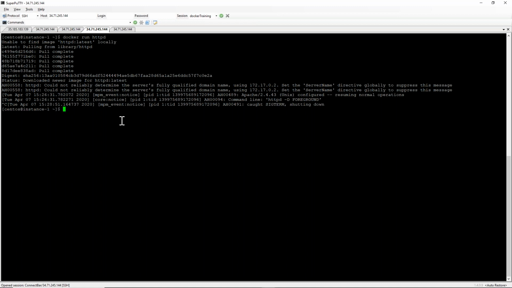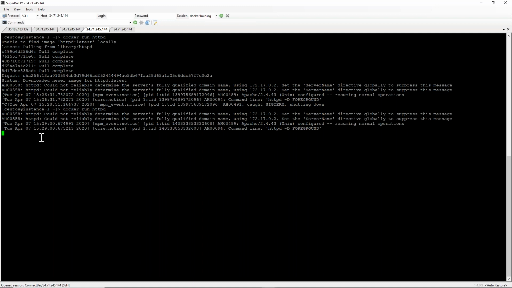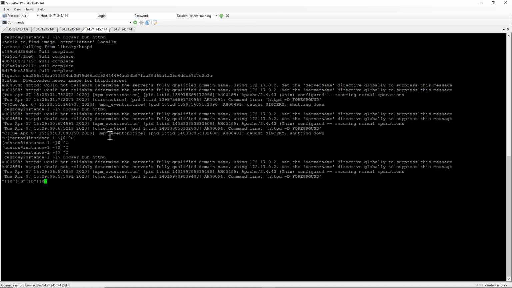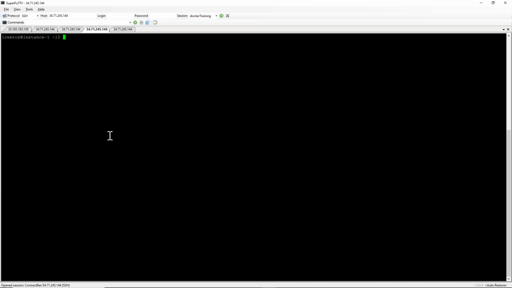Okay, so I'll run it in the background. Docker run -d. Earlier when I ran this, it was not allowing you to do anything because it is stuck to the session. See, it's running in the foreground. You cannot do anything with this. If you want to run this container in the background, docker run -d sends it to the background, httpd.